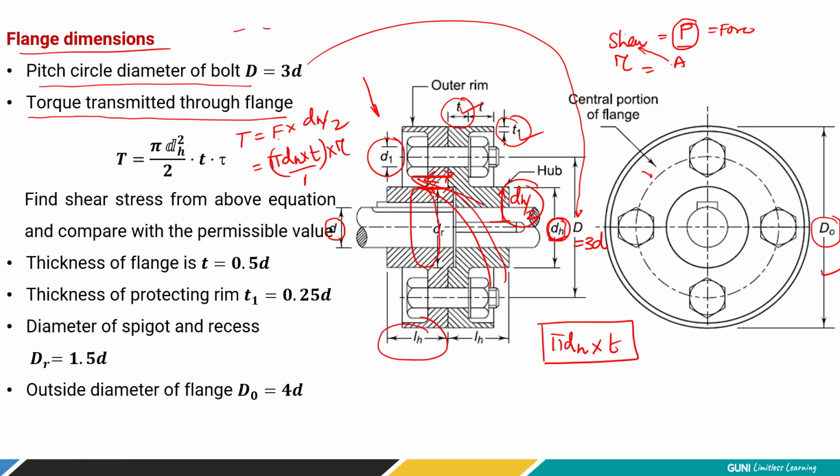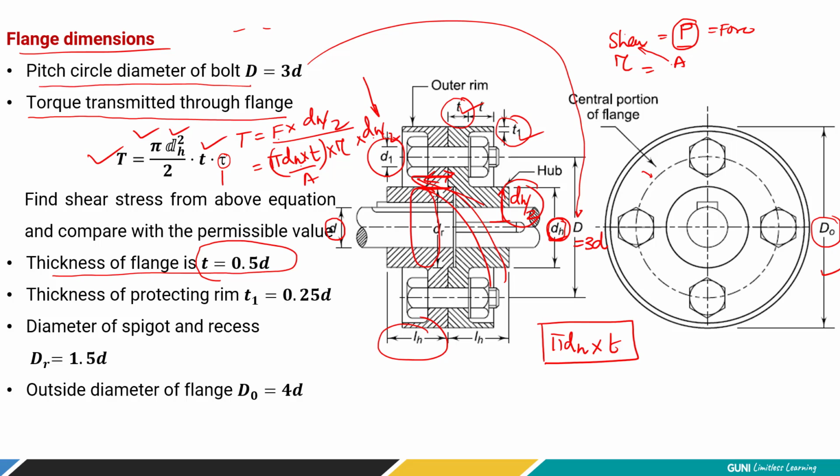So this is area, shear stress, and again DH by 2 to make it force into distance, torque. So here we have two terms of DH. That's why I have directly written pi DH square divided by 2 into flange thickness and shear stress, right? From this equation, we can either find the thickness of the flange, or if the thickness is taken as given here, the flange thickness is taken as 50% of the shaft diameter, then all of the dimensions are known to us.